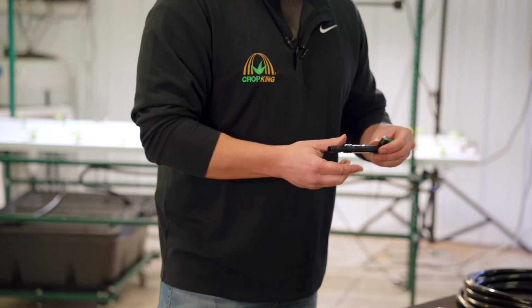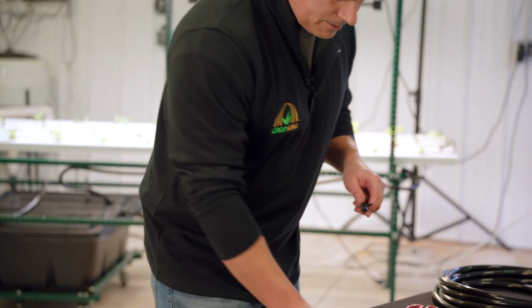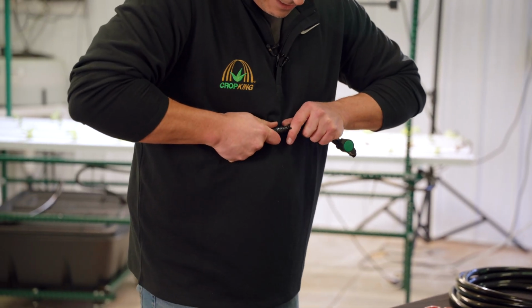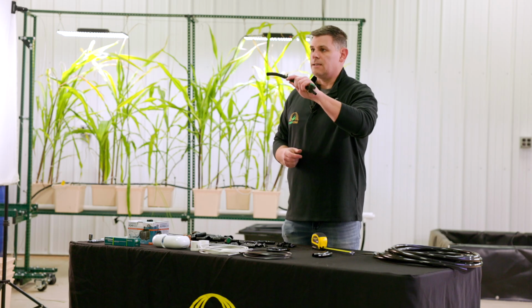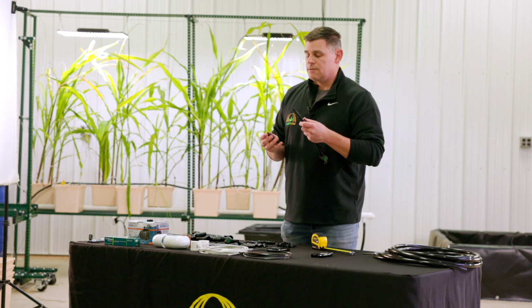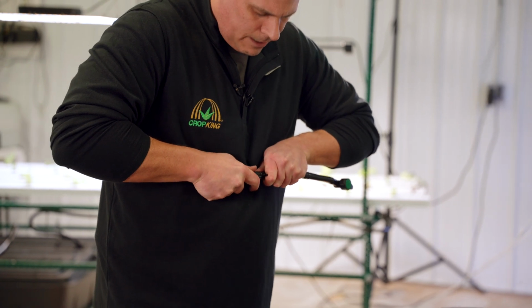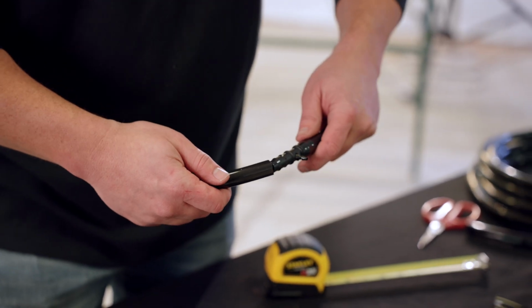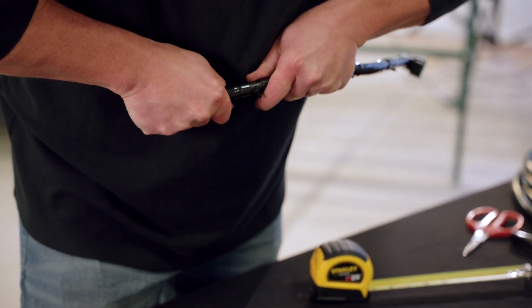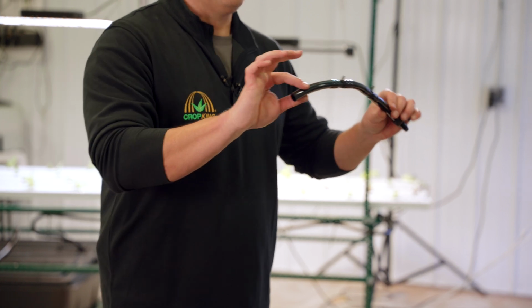the last barb. Since you used a 5-inch long piece the first time, you're now going to use a 4-inch long piece. So take one from your 4-inch pile and you're going to put it onto the other end of the T, like such. Another T, and now you'll go back to another 5-inch piece. You're going to continue in this configuration until you've used up all of your cut pieces. So it goes 5, T, 4, T, 5, T, 4, T, and so on until all pieces of tubing have